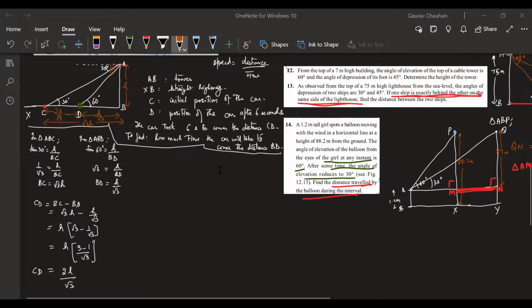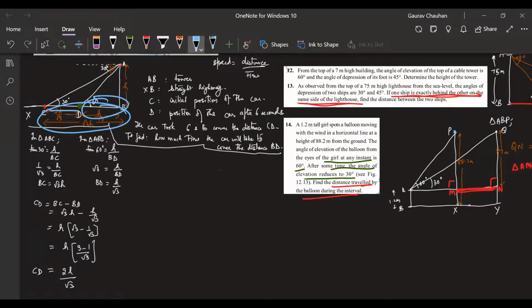Okay, the process that we have followed so far was exactly what Manisha would have done if we had given this as distance. She would have taken this triangle, and in both she would have taken this H, and she would have found BD and BC. Right? We found BD and BC, but we also did one extra step. We found CD also in terms of H. Why are we finding CD in terms of H? The question which we asked at the beginning right now is because this distance 2H by root 3,